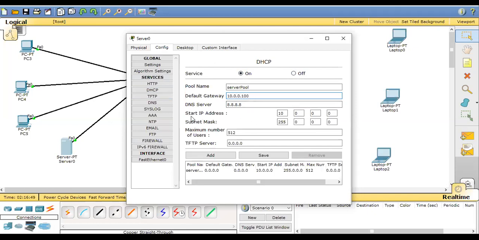And here it is asking from where I should start giving the IP address. So 10.0.0.1 is the IP address of my DHCP server, so I have to give 10.0.0.2. From 10.0.0.2 start giving IP addresses and save. So it saves the configuration.